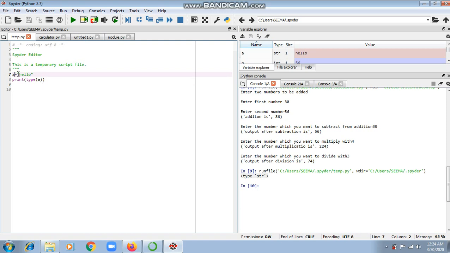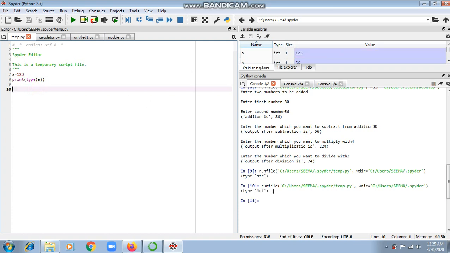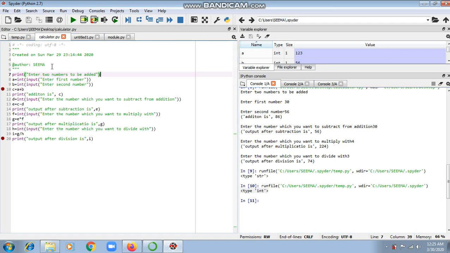Likewise, you can take any other type of value, like if you take 1, 2, 3 in a and press F5 again, now it is showing type int, because now a is holding an integer value. Now the next function is the int function. The int function we use with the input function.